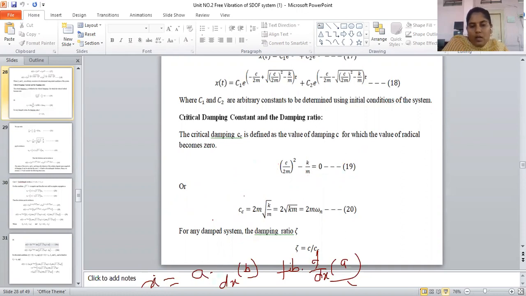It is very simple. Already we know the x value. If we calculate x dot, that is the derivative of x with respect to t, and by putting the value of the derivative of x with respect to t, we have to apply the boundary conditions. And from these boundary conditions, we'll get the values of C3 and C4, and those values we will put into this equation. Automatically, we get the solution of the equation.